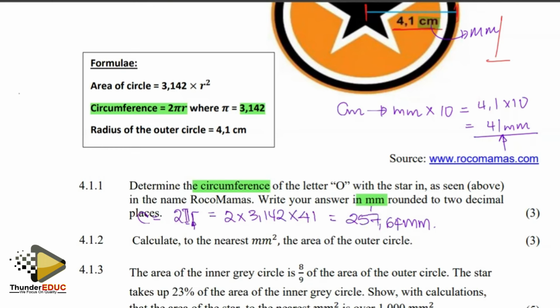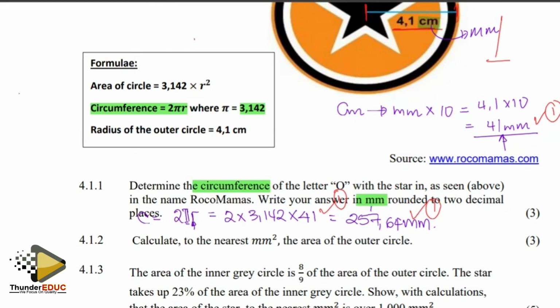Let's see how it was marked. Definitely, I'm realizing that you need to change to millimeters, and you get a mark. Substituting in the formula, you get a mark. The final answer, you get a mark. Rounded to 2 decimal places, it's fine. You can do that